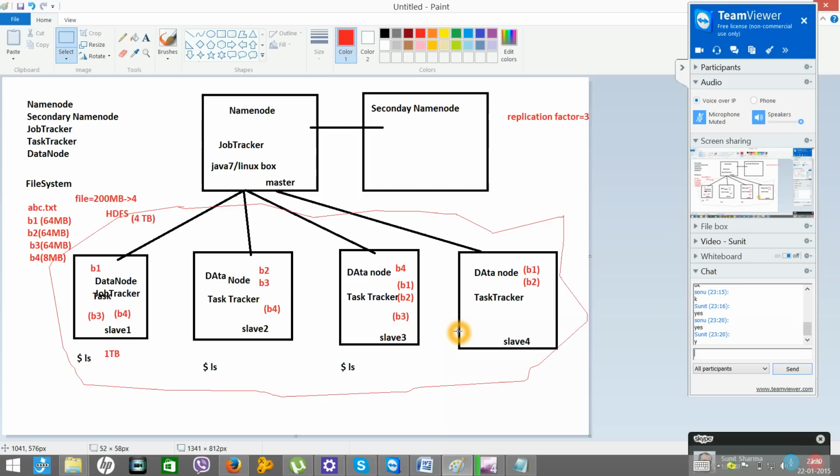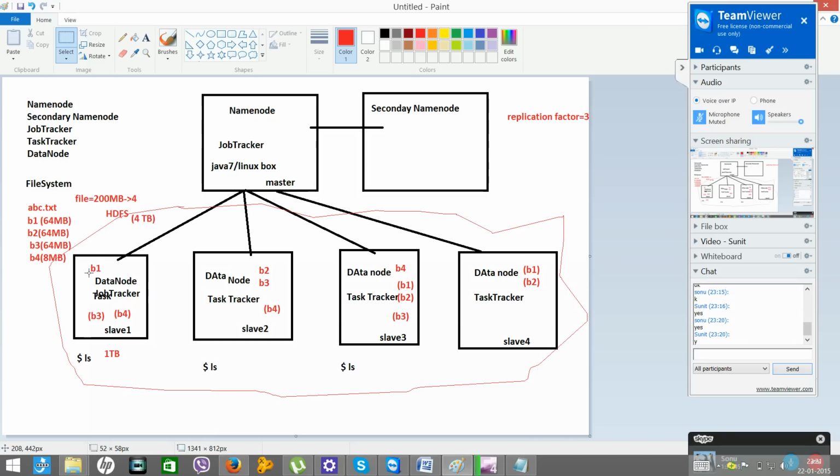Okay, now let's say you have that employee detail, employee age, employee name and all. So let's say you gave that data to Hadoop for processing. What Hadoop will do, first, if the size is 200 MB, it divides it into 4 blocks, block 1, block 2, block 3, block 4. Now it replicates the data based on the replication factor. It is configurable, we can change this value. So it will replicate 3 times, B1, B1, B1, and it will start storing in different nodes.